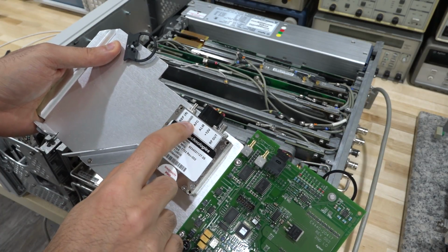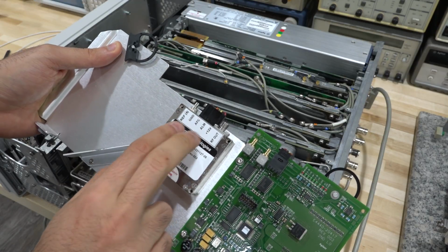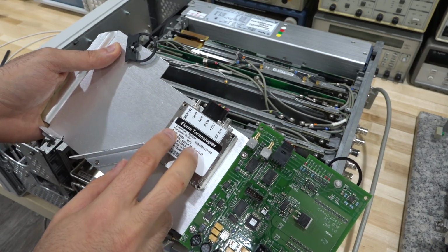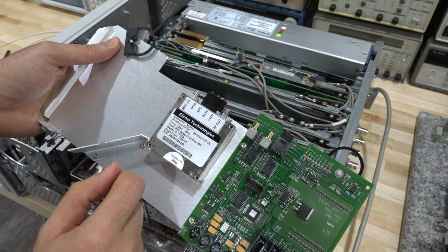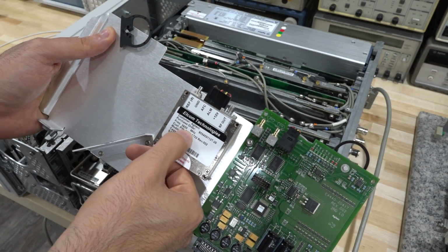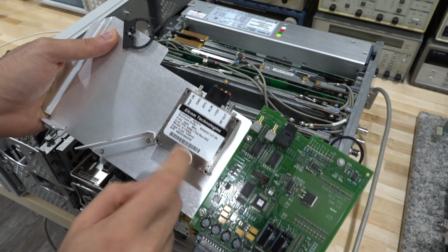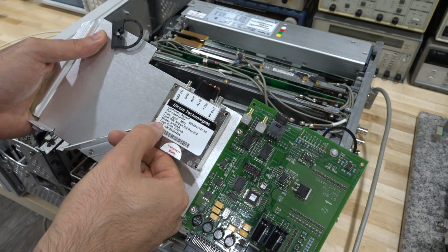But I don't think we need these things to actually make it operate. If we power it, we should be able to get something out of it. And of course, we just need to give it 600 megahertz. According to the, yeah, there it is. And it also says 3600 megahertz. And the customer is Agilent, so they even have a sticker specifically for them. But there is a part number for this,